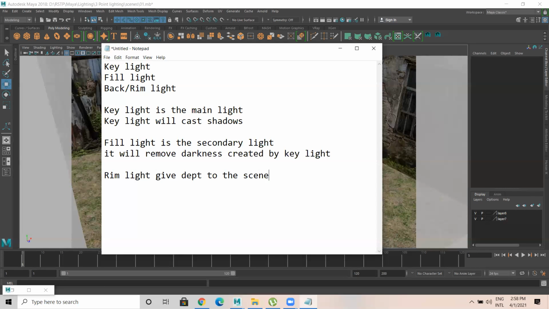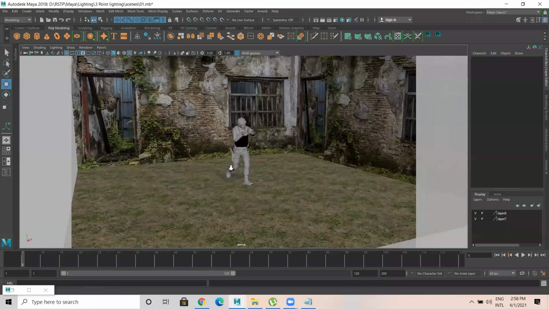It will give depth to the scene. Rim light. Okay. So this rim light will have a very minimal intensity, or it will cast minimum brightness only. Okay, like that. So now let's start working on this.